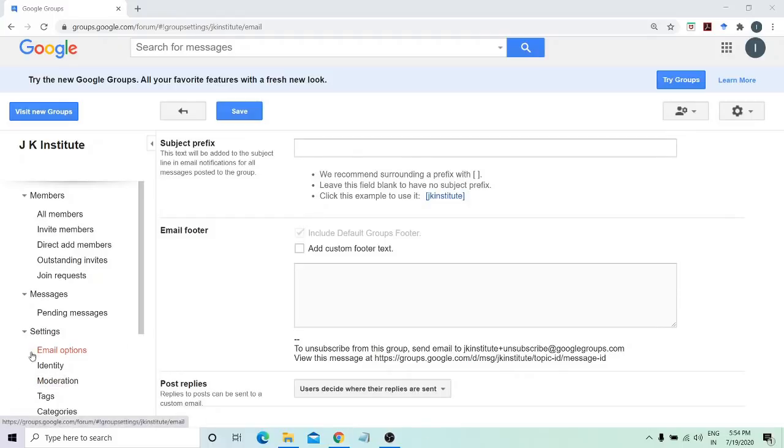So here in email options, you can also provide some additional information. For example, subject prefix. When someone posts a message in the group, it will be prefixed with this subject prefix.